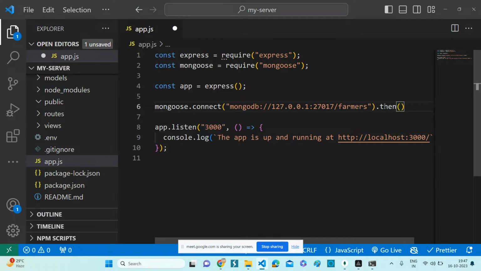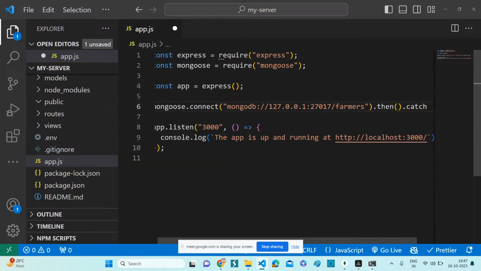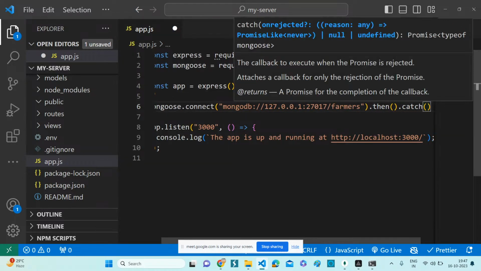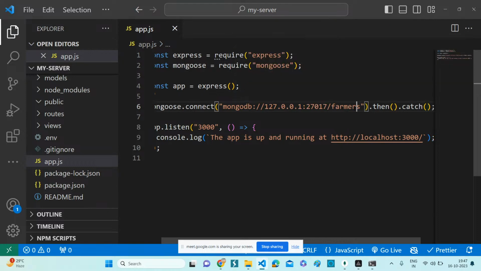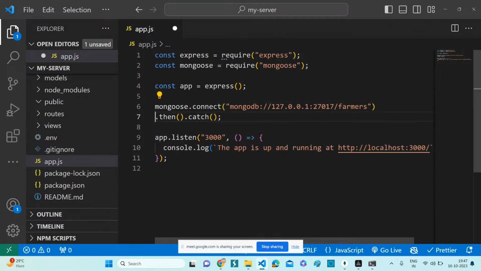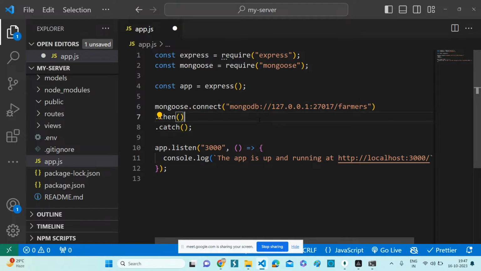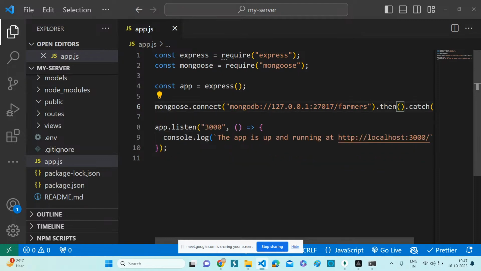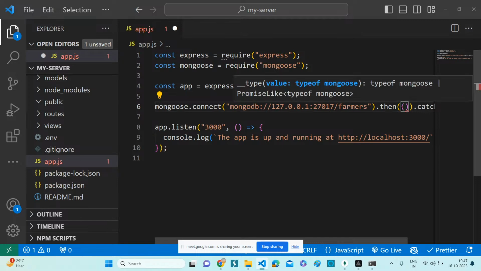Then, and if something went wrong, it's a .catch. Very good. So even you can handle this with async and await, but right now I'm just going with promises. Definitely, very soon we can rewrite a few changes with async and await. So here again it will,